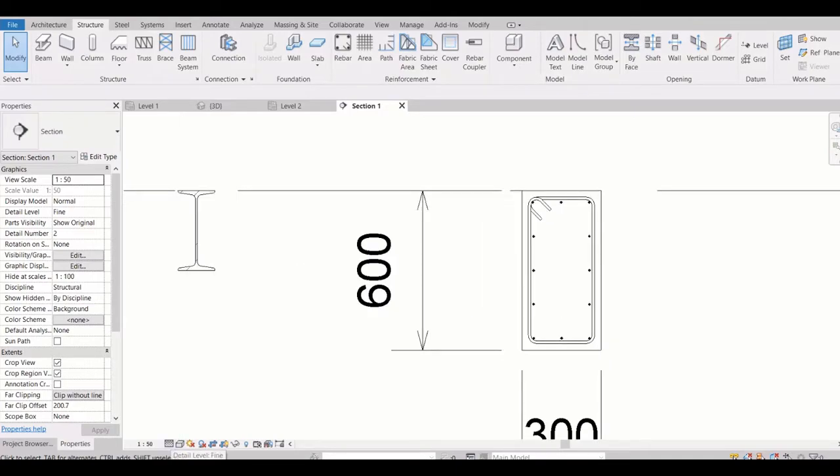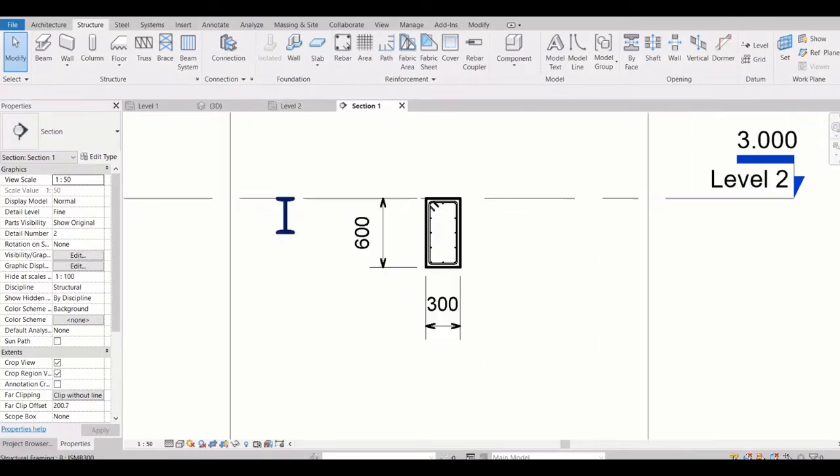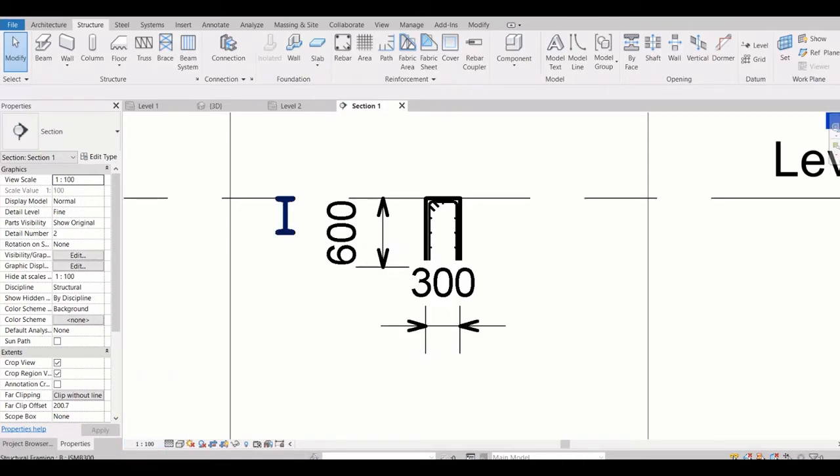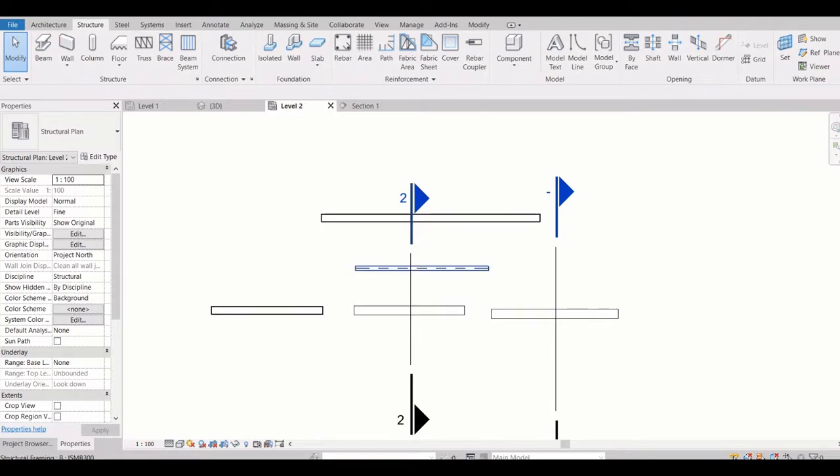So this is the use of this. Like if you want to make any GA at 1 to 100 or 1 to 200, if you create this, or if I make this section 1 to 100, right? That will not be useful for everything if I make it in fine. So coarse is okay for that purpose. Okay, so that's why